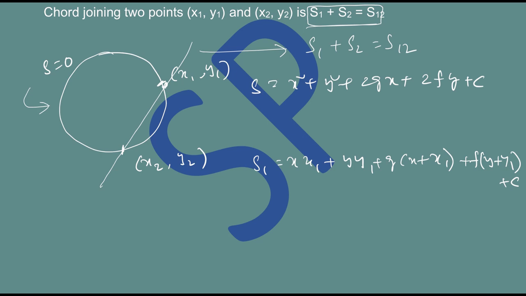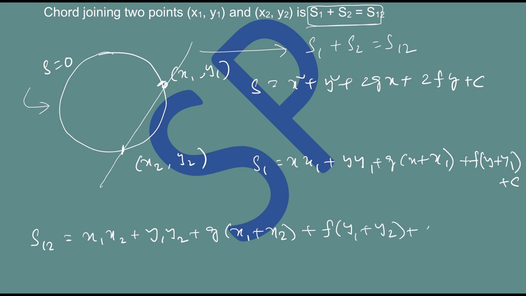Similarly, you can write S2. Now I am not writing S2, but let me write S12. S12 is equal to x1 x2 plus y1 y2 plus g into x1 plus x2 plus f into y1 plus